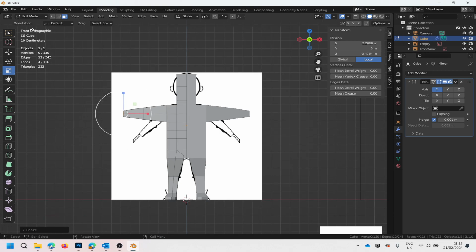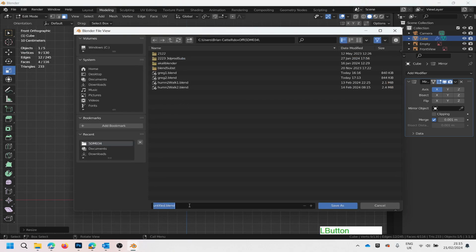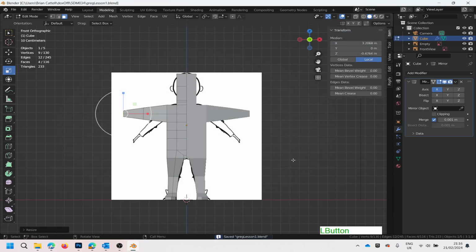Stop even. So file, save as, and it's going to be Greg lesson. This plus sign is really good, so you do save as, and you want another version of the same file, you hit plus sign and it adds a number to it, and it'll change that 1 to 2 the next time I do that. Okay, so that's all for the moment,